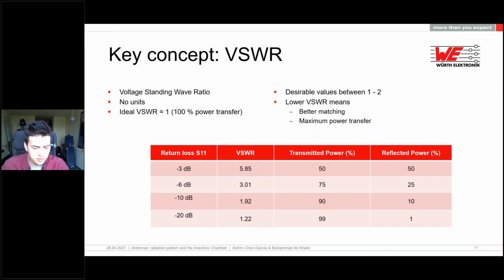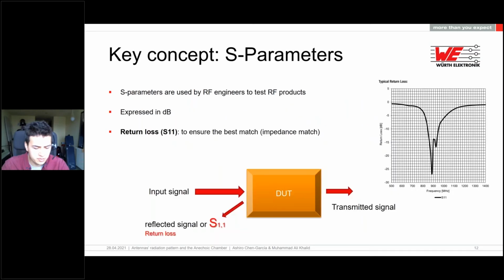Related to the last parameter are the S parameters. These parameters help in quantifying the input and the output power. They are critical for an RF design, and they are measured for all the RF components that we offer in our portfolio. We will focus on a concept of the S parameters, which is the S11, or so-called return loss,